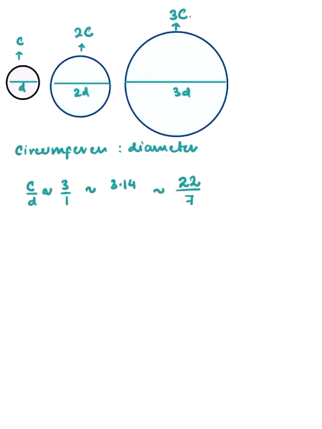In reality, it is an irrational number. The ratio is irrational, so we cannot really show it in decimal or fractional form. But since it is a constant, it has been assigned a symbol. What is the symbol? A very popular one: pi. I hope all of you have heard of the letter pi. Pi is nothing but the ratio of the circumference and the diameter of any circle. Anywhere you pick a circle, the circumference is going to be pi times the diameter.